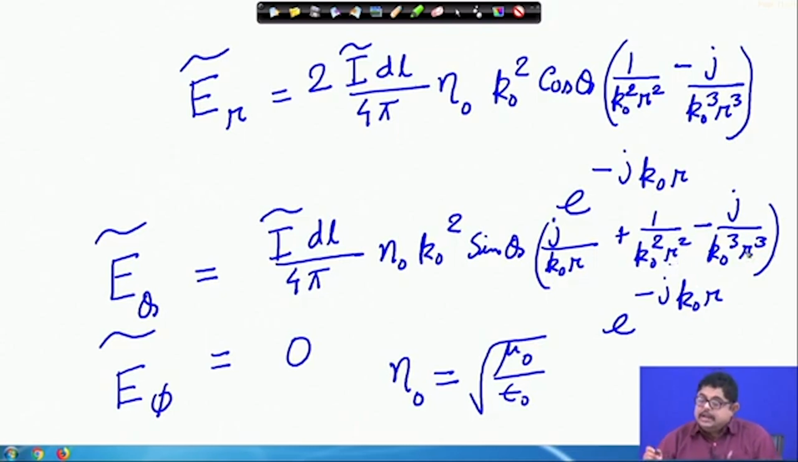That means, I can say that the E r component has an induction term, this one is called induction field. So, E theta component also has an induction field. E r component does not have a far field, E theta component has a far field component, but both of them have one more term that is varying as 1 by r cube. So, let us see those fields